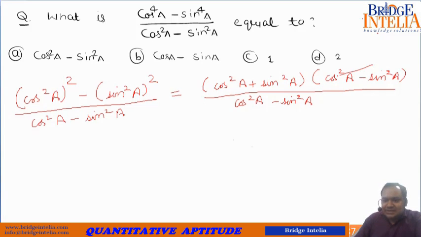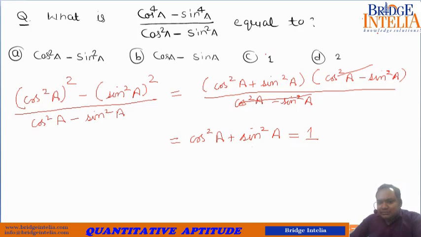So you can see that these two terms actually cancel each other out and you are simply left with cos square a plus sin square a, which is what? This is the identity, the value of which is equal to 1. So the answer will always be equal to 1. It will not depend on the actual value of a. Okay, so these are some applications of identities. So let's take a couple more examples.